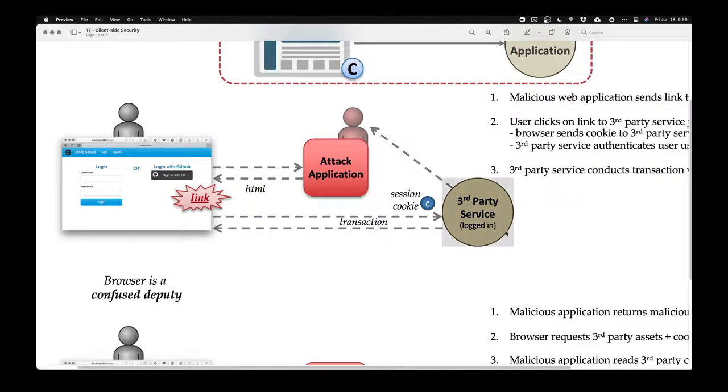And what does your browser do? Your browser faithfully passes the session cookie back to the website and authenticates itself. Now, whatever this link was trying to do, this other website trusts it. It says, oh, the user has come back with its cookies and it's making a request that's in the link. For example,